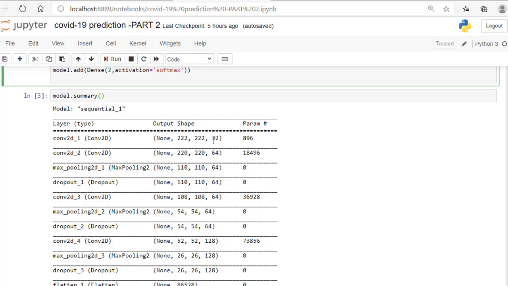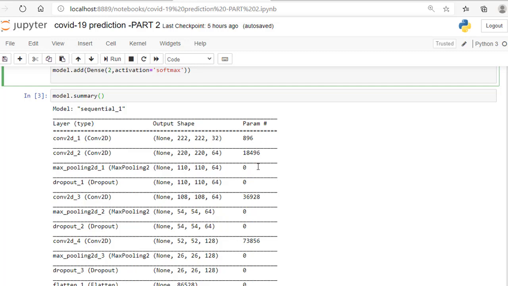And I am applying 32 channels here. And then how did I get these parameters? Here we have a kernel size of 3 by 3 with 3 channels. So 3 by 3 into 3, that is 27, into 32 channels. So here I will get 864 and then plus bias will be added, 32, because here we have 32 channels. So I will get 896 parameters here. Like this we will get all the parameters.